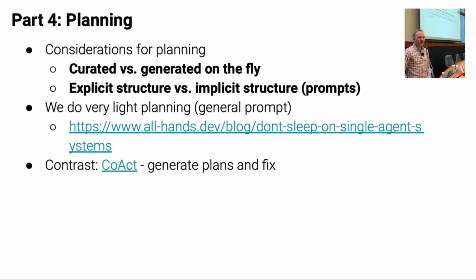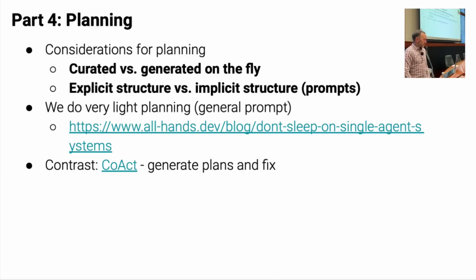The basic idea behind this is if you have a really, really good instruction following agent, it will follow the instructions as long as things are working according to your plan. But let's say you need to deviate from your plan, you still have the flexibility to do this. And if you do explicit structure through a multi-agent system, it becomes a lot harder to do that. You get stuck when things deviate from your plan.